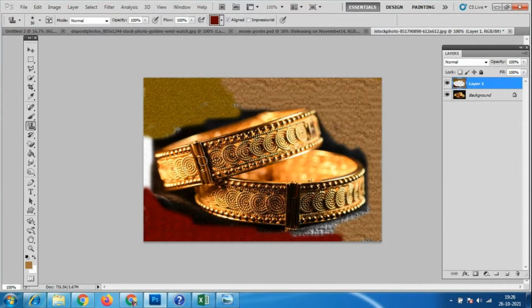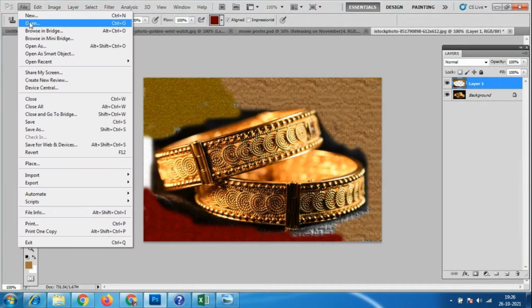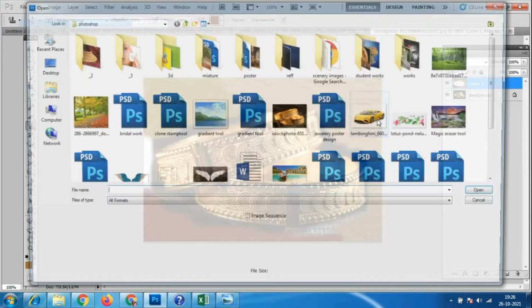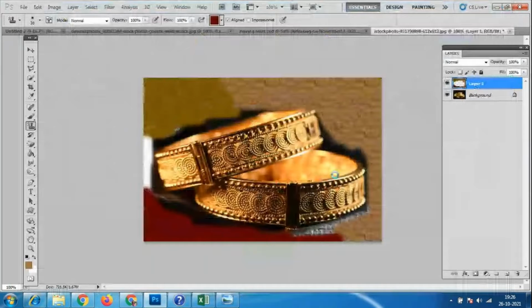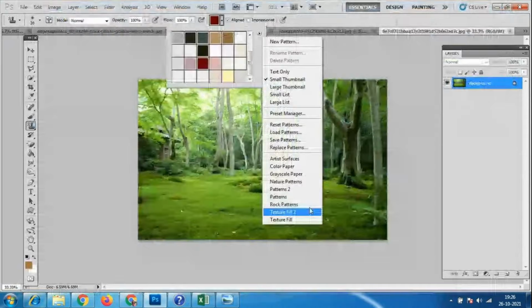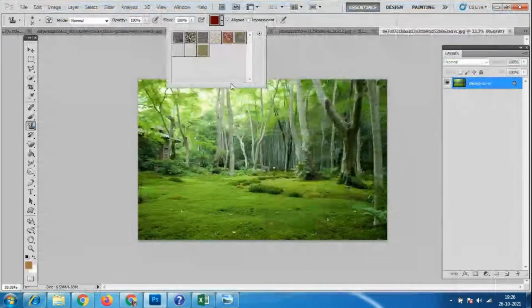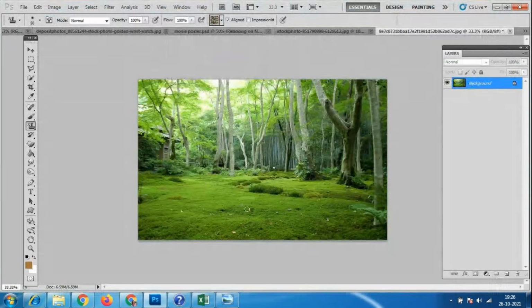I'll show a few rock patterns. We have this rock pattern, so I'll just increase the size of the brush.